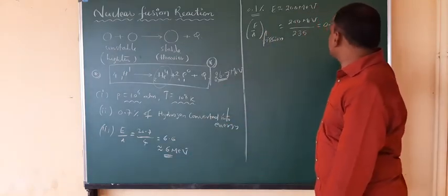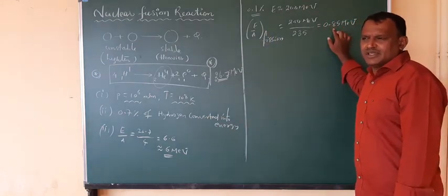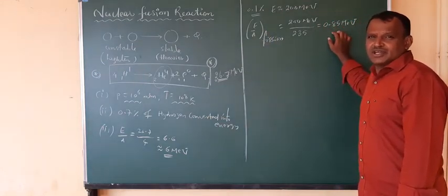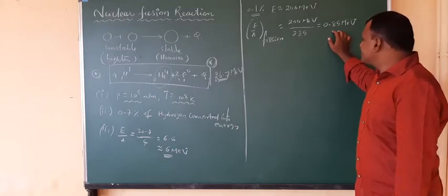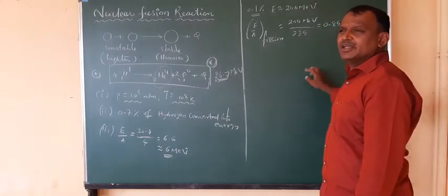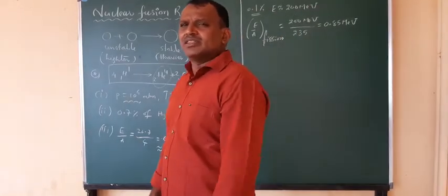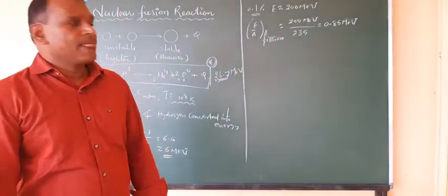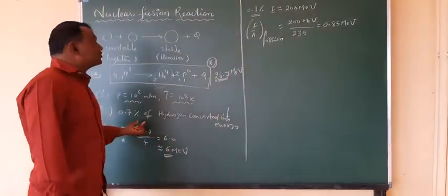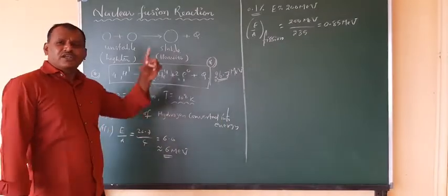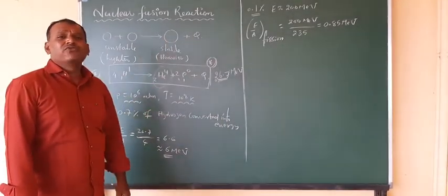So it will be about 8 times. 8 8s are 64, 8 9s are 72, so you can get 7. That means 9 times, or approximately how much? It will be 1000 times. So the energy liberated during this fusion reaction is 1000 times greater than the energy released in a fission reaction.